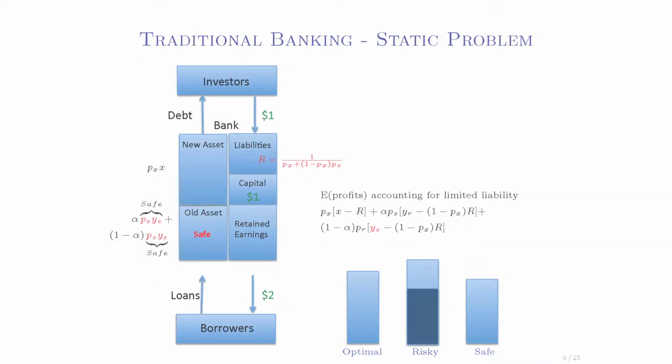That's better because of our assumptions. So you always invest in the safe asset. The problem is that now there is something lost. There are some superior risky assets that get lost in the process. But if this gives an expected profit which is higher than what you would get in equilibrium, then the bank, the